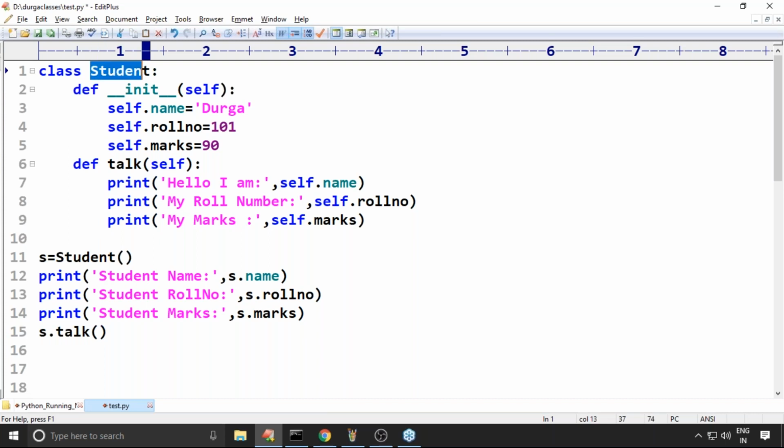It is the convention. If you don't want to follow it, no problem at all. You can use a small y also, it is acceptable. But it is the convention we require to follow in object oriented programming. Class names always start with uppercase. Convention, not mandatory. Who is asking this doubt?